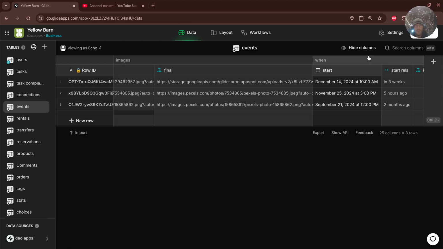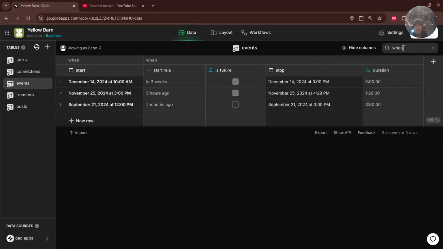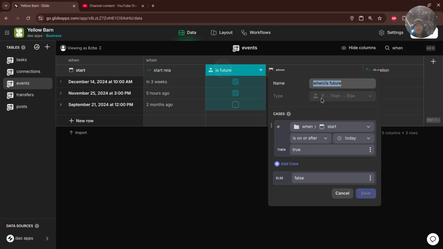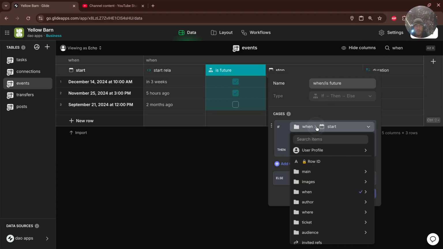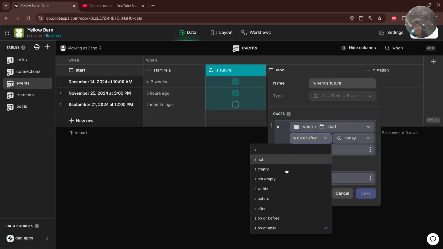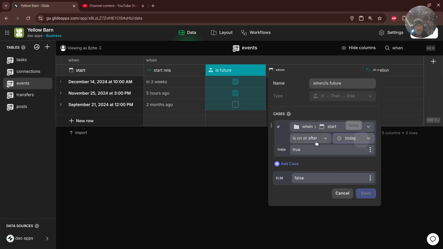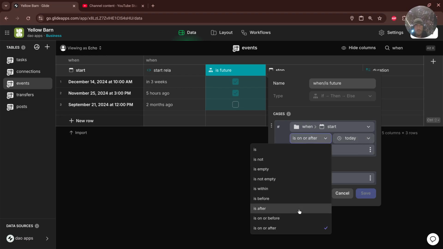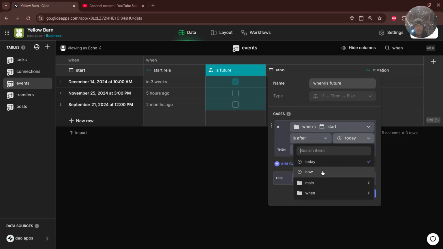So now going back into the future, we'll say when is future. So we have an if then else type column. And then I clicked when the start, and because I clicked on a date time column, we have the options for, generally we have is or is not, or is empty or is not empty, which is basic data stuff. But within or before or on or after is for the date time, and we can say today. And I think if you do like is after, yeah, today or now,